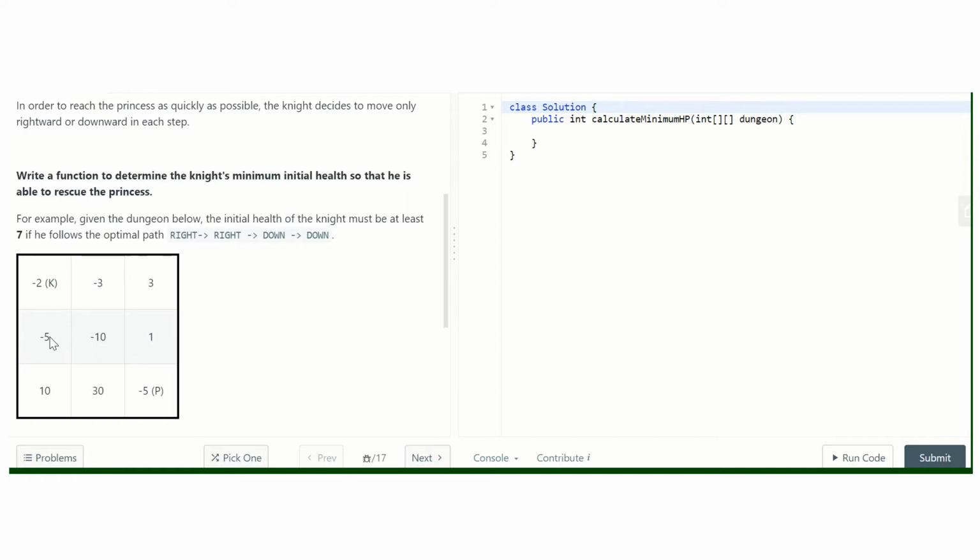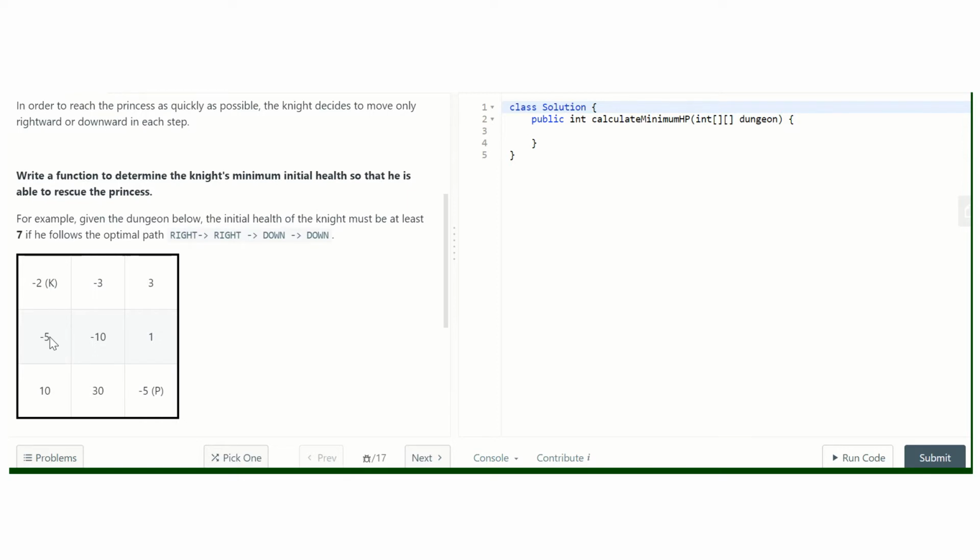If the princess cell has -2 points, then the answer would be 3, because for the knight to be alive we need points greater than 0. So -2 has an absolute value of 2, and we need 2 plus 1, so 3 points.